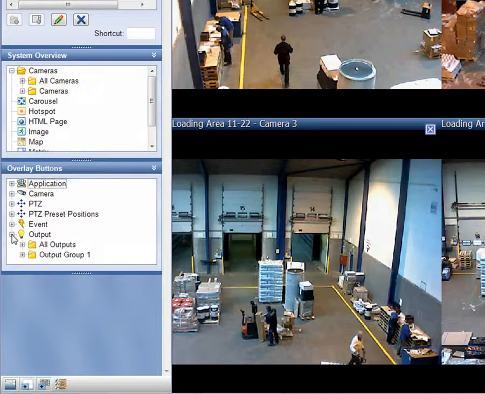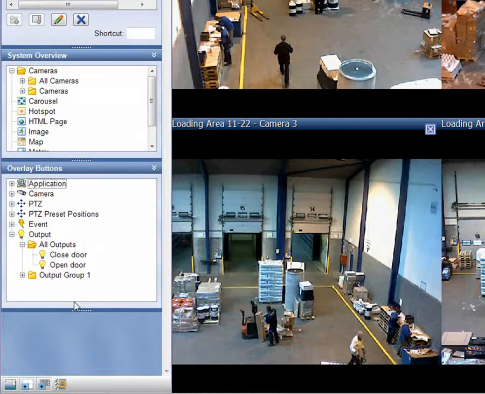Just as with cameras, you can add overlay buttons to a view through a simple drag-and-drop operation. Let's add an output operation where we can open a door through a click on an overlay button in one of the camera views. You can place the button anywhere in the camera position and resize it, as well as